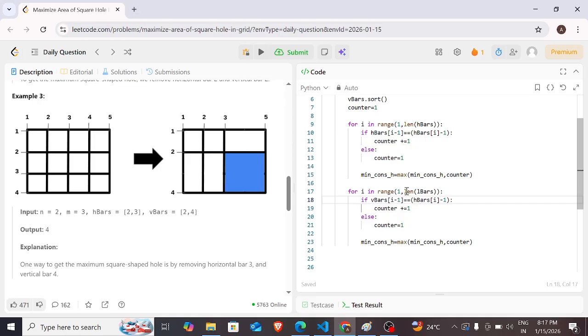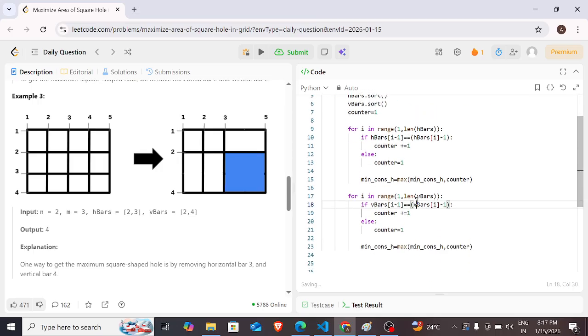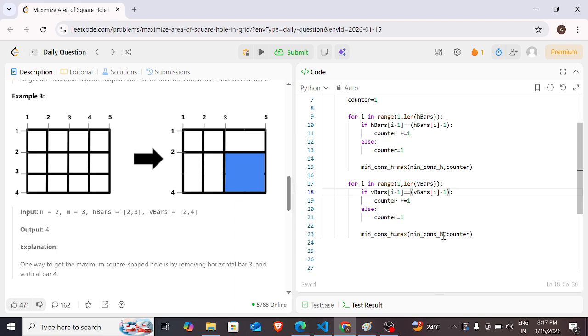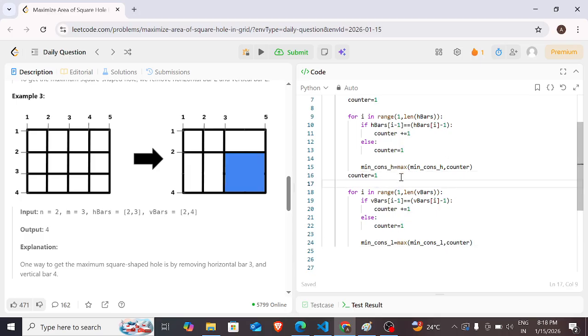I think it's V, not L. V bars, V bars. Okay, I have defined this as L, that's why I think I'm more confused. Make sure you really go back and make your counter 1 before redoing this entire thing, because if your counter starts at some other unholy number, it will be very hard to get the answer that you want. And now let's just do answer is minimum of